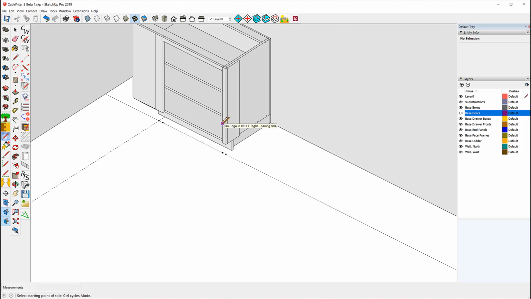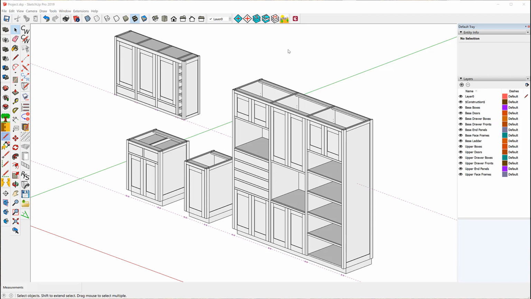Okay, and now the next change is really exciting, and to do that, I'm going to show you the results first and then show you how I did it. So let me pause here a moment. All right, the last change in Beta 1 that I want to show you